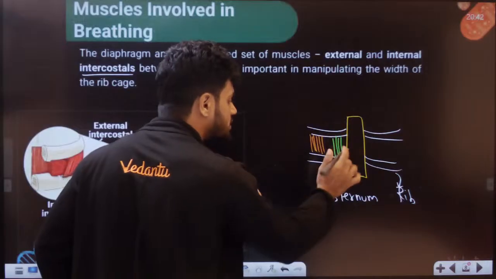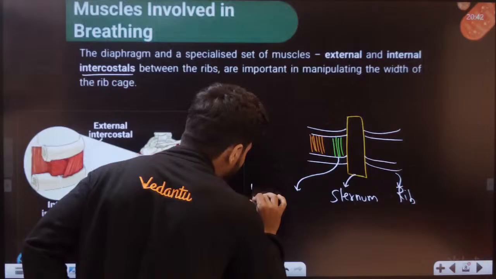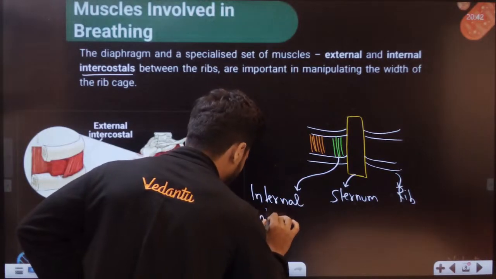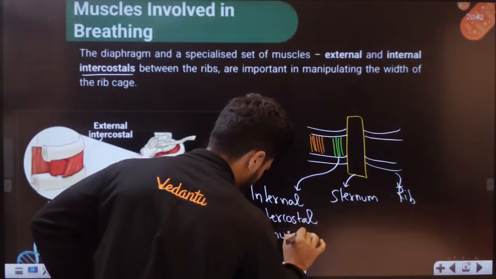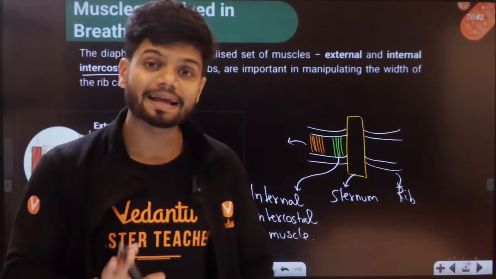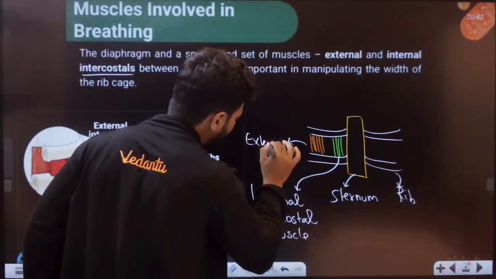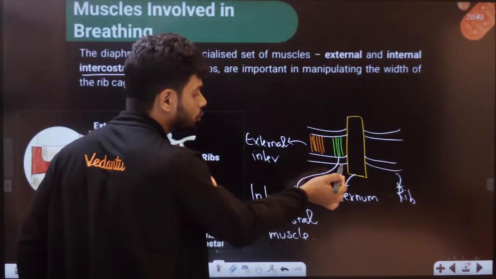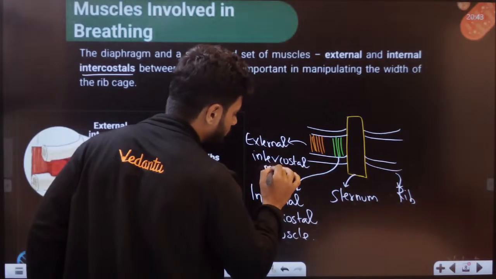इस intercostal region के अंदर की तरफ जो muscle है, अंदर की तरफ है तो internal. So internal intercostal muscles. Now what do you call this one, students? It is present on the outside, so can I tell external now? Obviously. So I will call this external. Inter means between, costal means bones. Inter is between. Intercostal muscles.